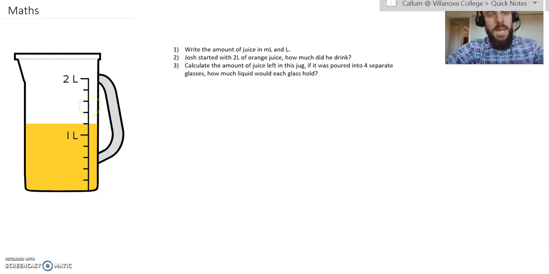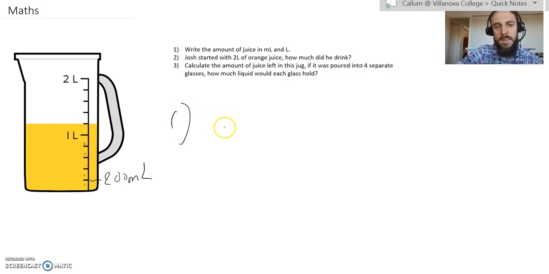If we have a look at this jug here, we can see that it's a 2 litre jug. It's got a 2 litre measurement on it. The juice is above the 1 litre mark, so then we need to work out what is represented by this little dash here. I can count and see that per litre it's broken up into 1, 2, 3, 4, 5 parts. Now just doing a little bit of quick maths in my head, if I've got 1,000 milliliters divided by 5, I know that's going to be 200 milliliters, so each one of these dashes is representative of 200 milliliters. And I can see that it's 1 jump above the 1 litre mark, so I know for a fact that for question 1, the answer is going to be